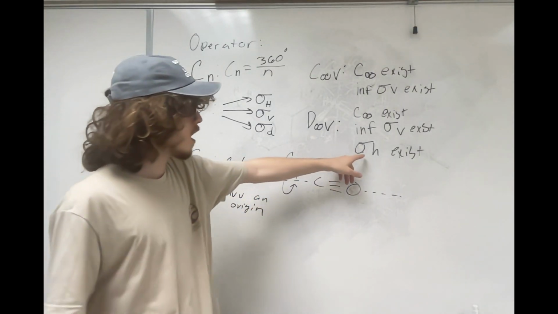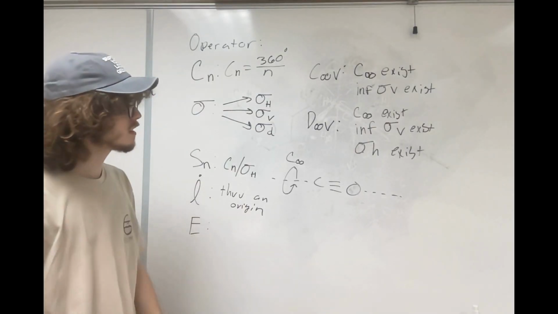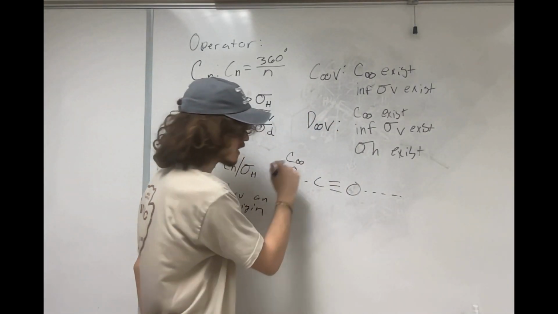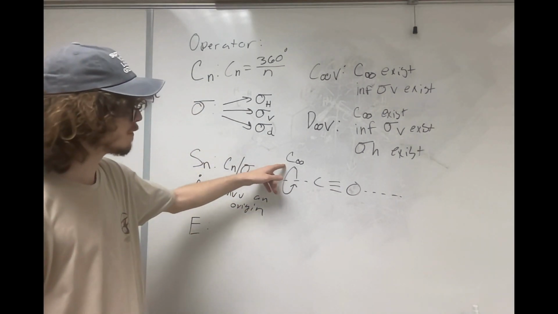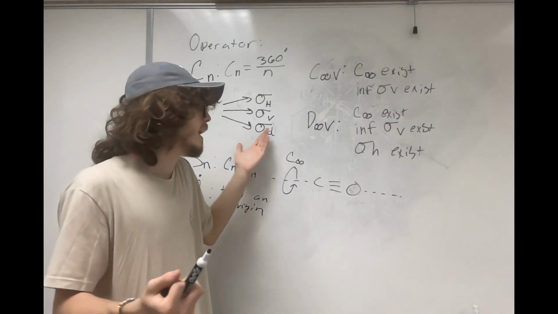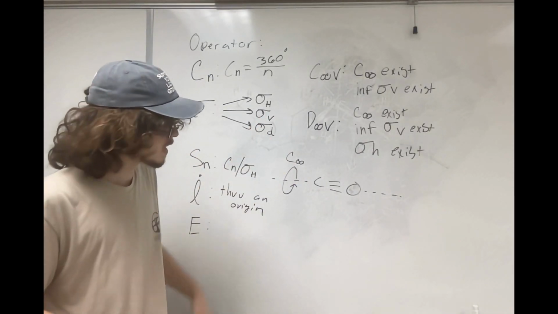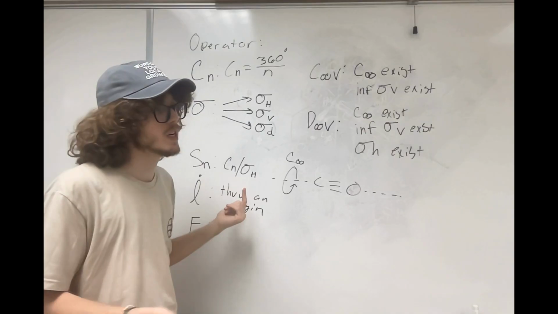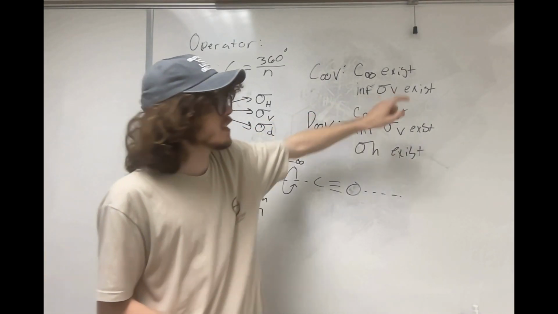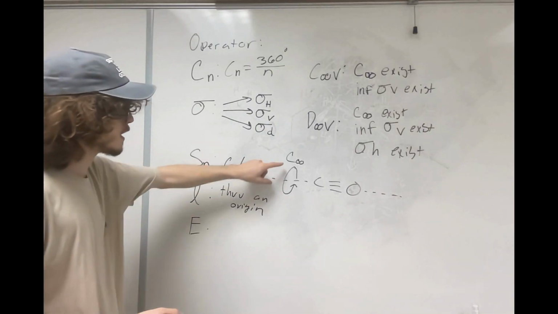Notice that sigma h does not exist, right? Because if I made a plane right here perpendicular to the principal axis, C infinity, and flip this molecule, then O and C get flipped, and there's no symmetry there anymore. So sigma h doesn't exist, but notice sigma v does exist, and there's an infinite amount of them, because